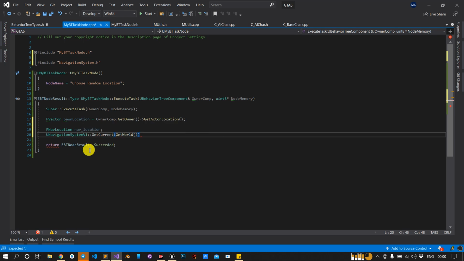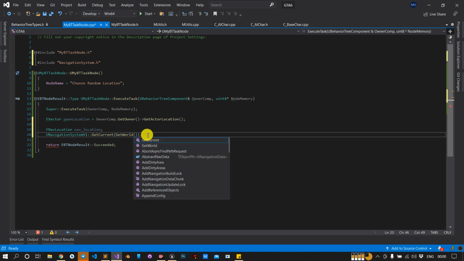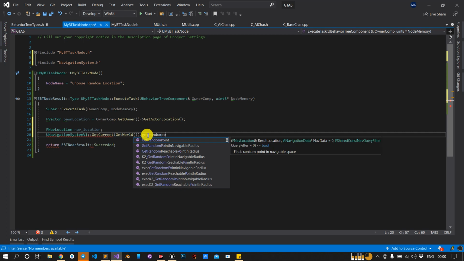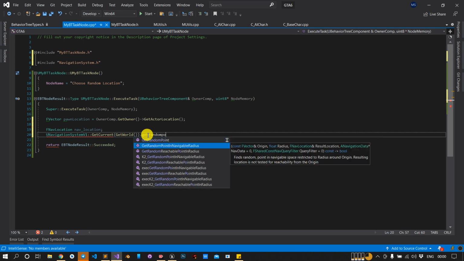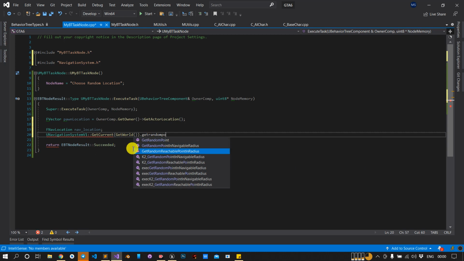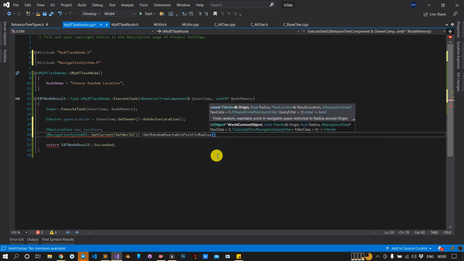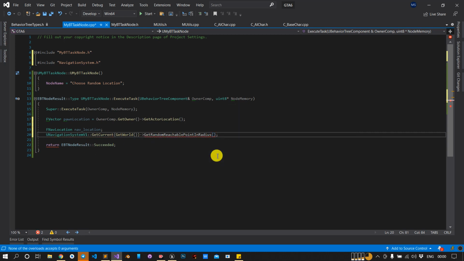So now this function will write the current navigation data. Okay, now we will call that function, GetRandomPointInNavigableRadius, or GetRandomReachablePointInRadius. This is good, as it will not give you any position where the AI can't reach. So I will use this function instead.